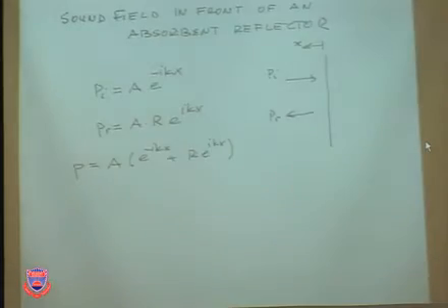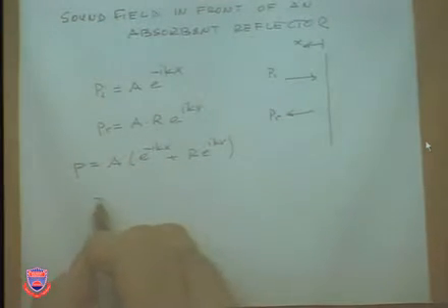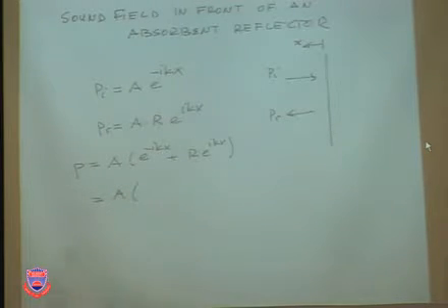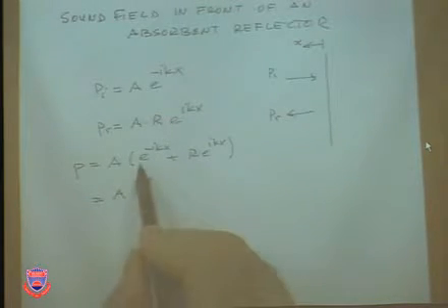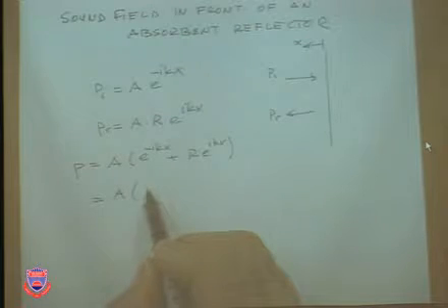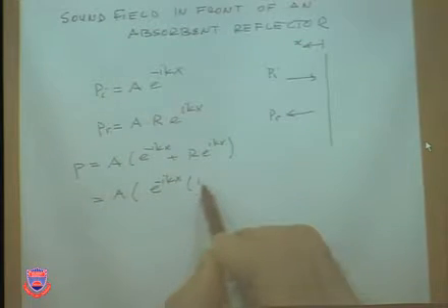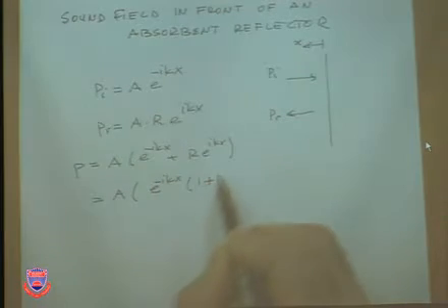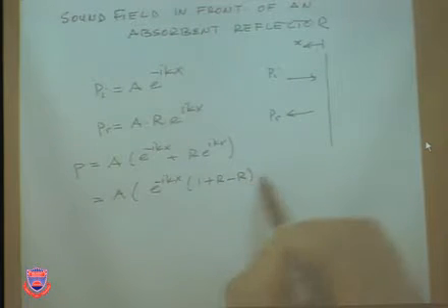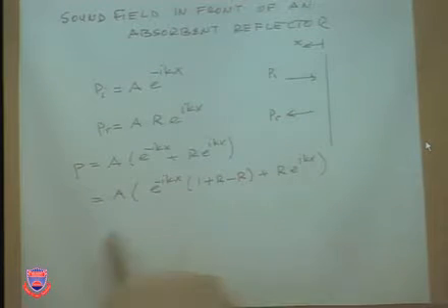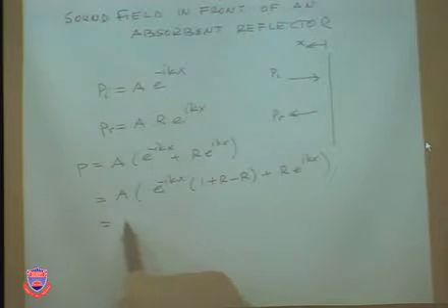Knowing that it's less than 1, what we can do is write this expression as e to the minus ikx times 1 plus r minus r plus r e to the ikx. And we can combine these as